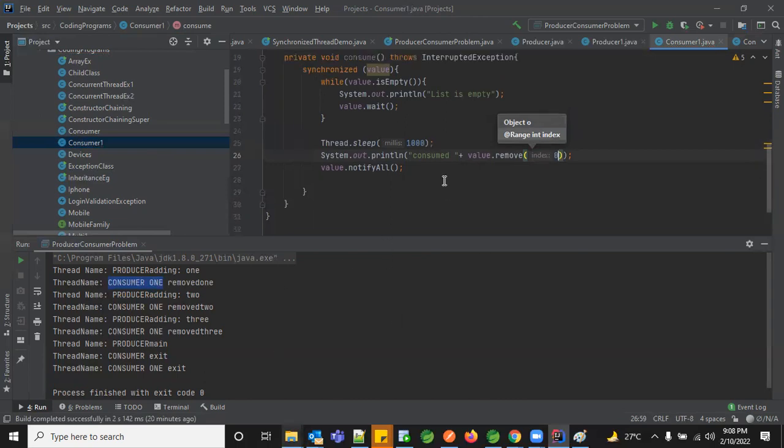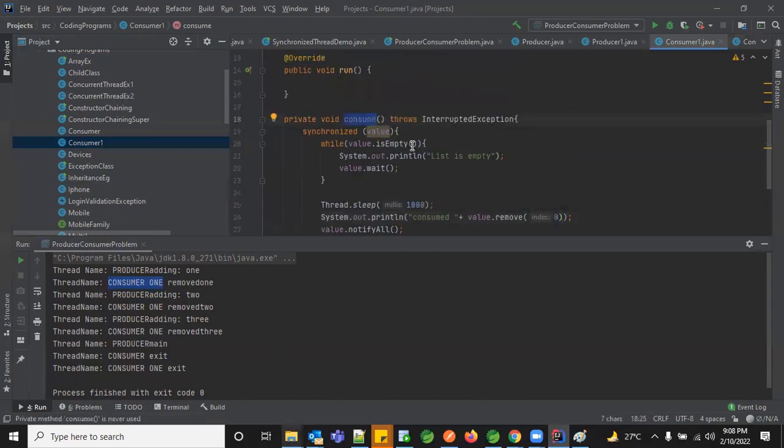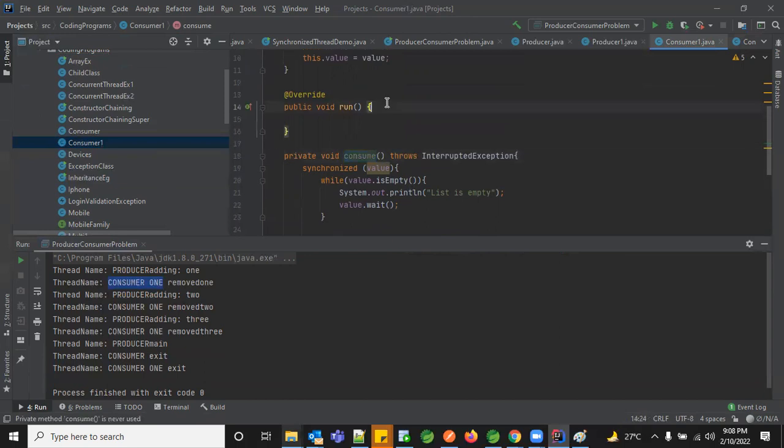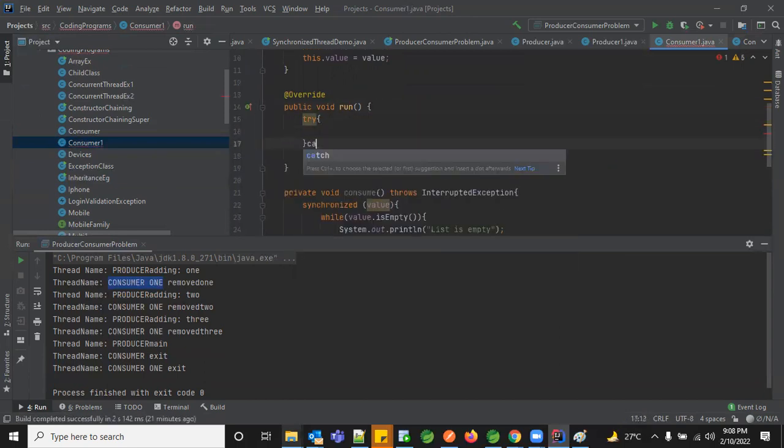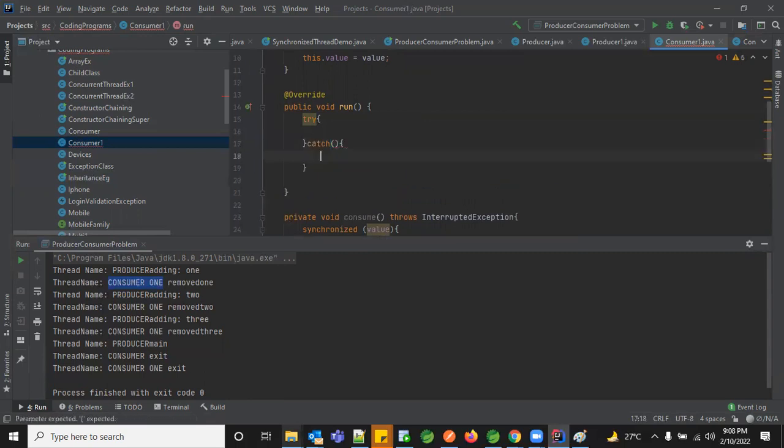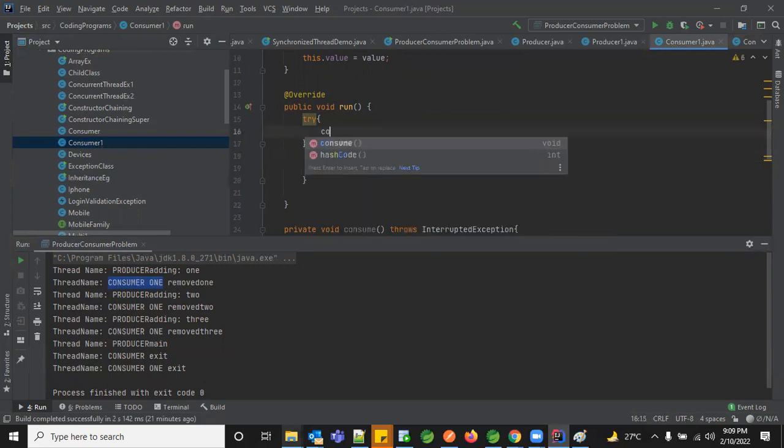Okay. So now I have used this consume, but I need to call it somewhere. I need to call it in the run method. I'm just going to call consume. So what did I do here?